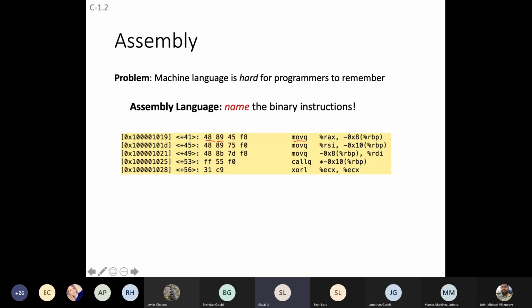Okay, let's continue. So that naming process is called assembly language. And now the assembly language programmer doesn't have to put down 4889 or even remember 4889. They just put down MOVQ, right? To denote such a thing. And for another one, 4889, you can see it's still MOVQ. It's 488B. Weird. Anyway,